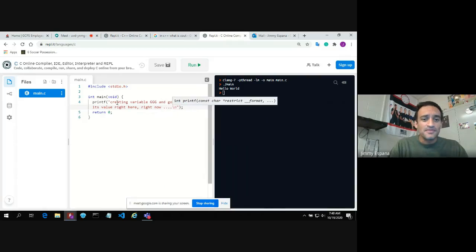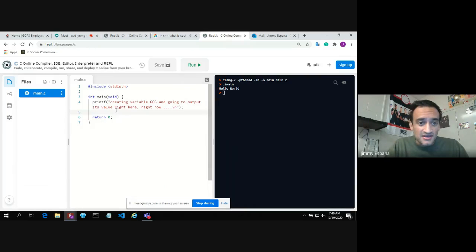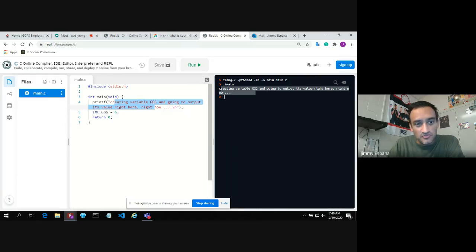So here we go. I'm not familiar with how to do a variable in C. Maybe it's similar to this. So maybe let's just copy this idea here. Let's copy this idea from C++. And I would imagine the syntax should be similar since they're both C type of languages. So GG, let's change this to the value 6. Let's just run it and see what happens. So it runs and it outputs what we said we wanted it to output,